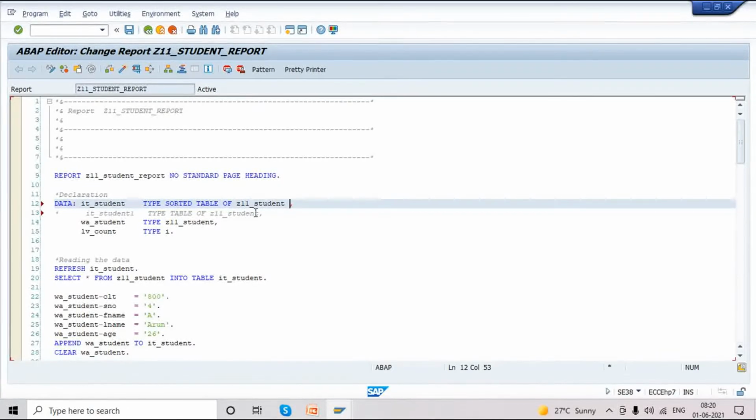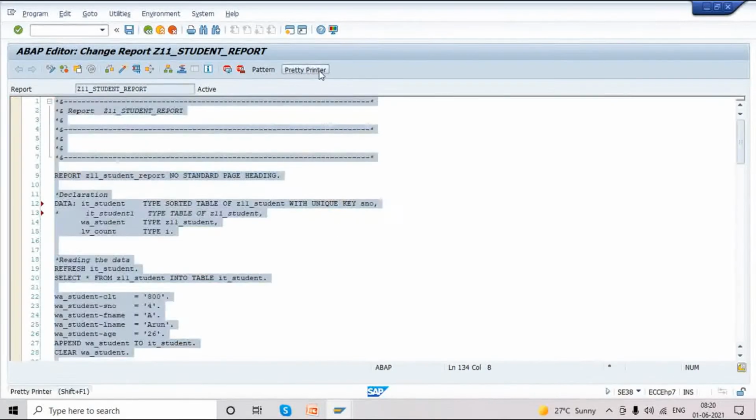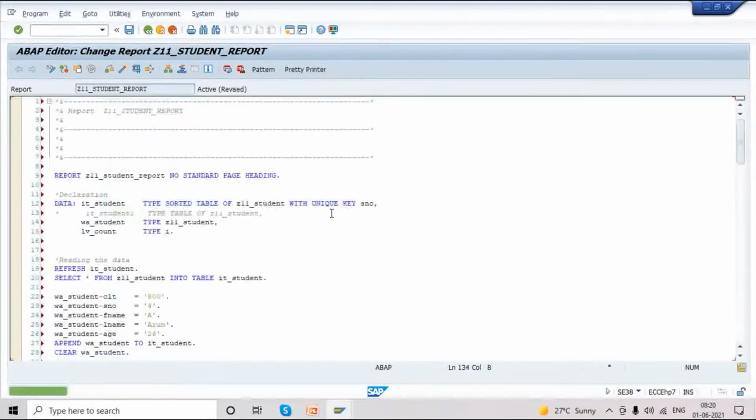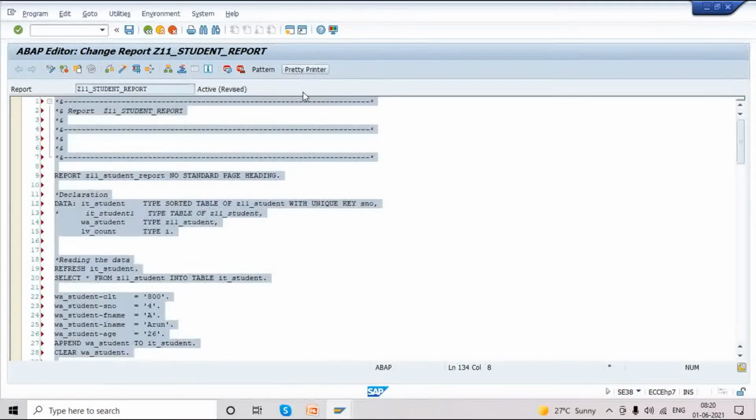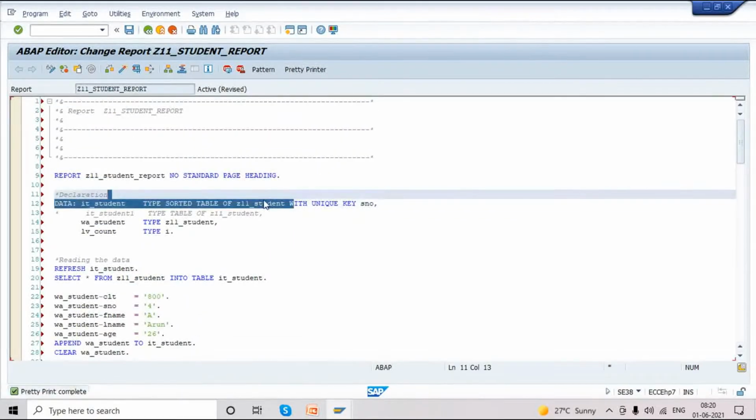Here I'm mentioning unique, with unique key. We have to mention the key field, or non-unique key field also we can mention here. Currently I'm mentioning with unique key, student number. This is a prerequisite for sorted table. This should be mentioned, otherwise this will not work.